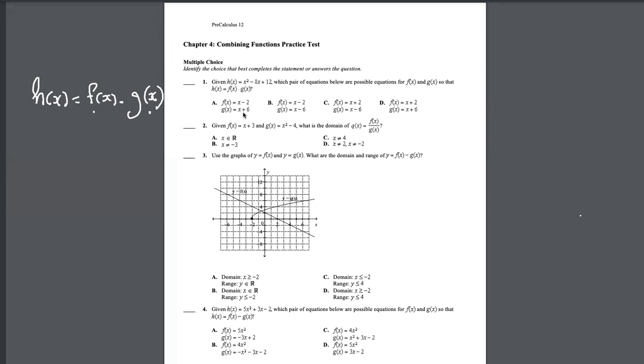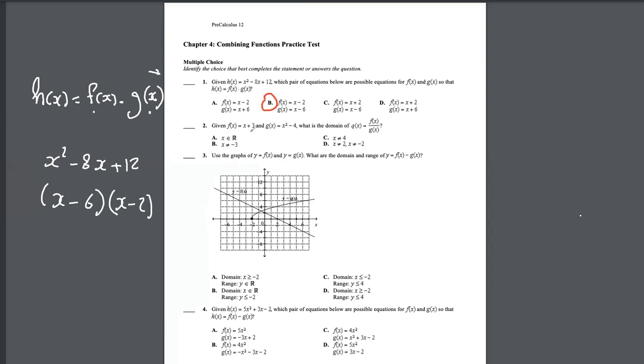here and trying to figure out when you multiply them, are you going to get this or that, it's much faster and easier to just take the x squared minus 8x, which is h of x, plus 12, which is right here, and factor it. And that will give you x minus 4, x, hold on a second, x minus 6, x minus 2, because that multiplies to give you positive 12 and add to give you negative 8. And therefore, we choose the answer